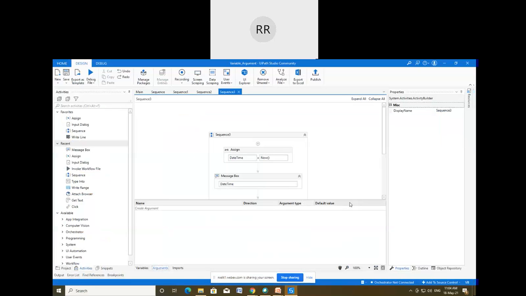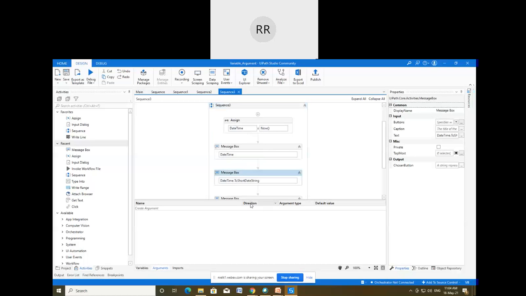So here we are not getting the scope, because scope is irrelevant here, because argument is used to pass the data from one workflow to another. So here we are getting the direction. Why are we getting the direction? Suppose you want to utilize that particular argument only inside a single workflow file, then we have to choose the direction as in. So basically, I will show you. We have different types of direction, like in direction.